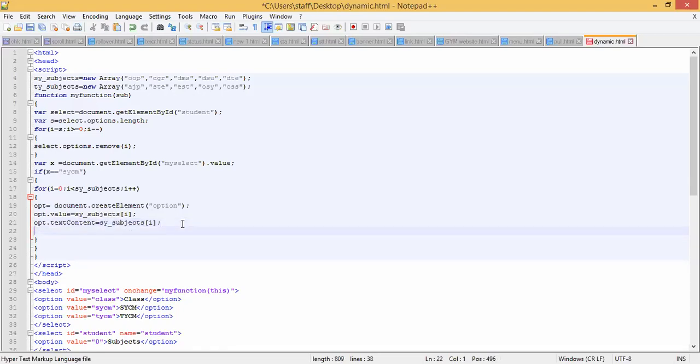Then it will append. For that, select dot append child. It will automatically create an option using this, and semicolon. Okay, here we have completed this for loop.